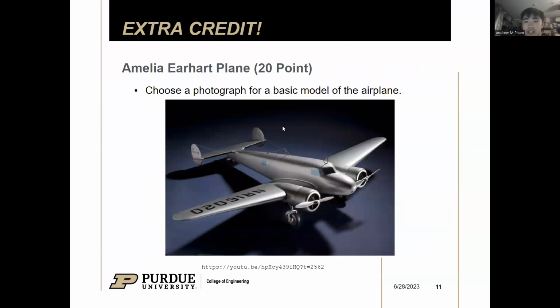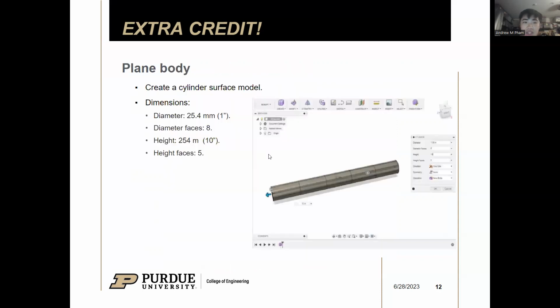there's also an extra credit opportunity for you this week, and it is creating the Amelia Earhart airplane. And the reason why this is extra credit is because it involves using the form tool, which is something we call surface modeling, right? So for what we've been doing, we've been extruding a bunch of stuff, but this is a little bit different. You can kind of see,